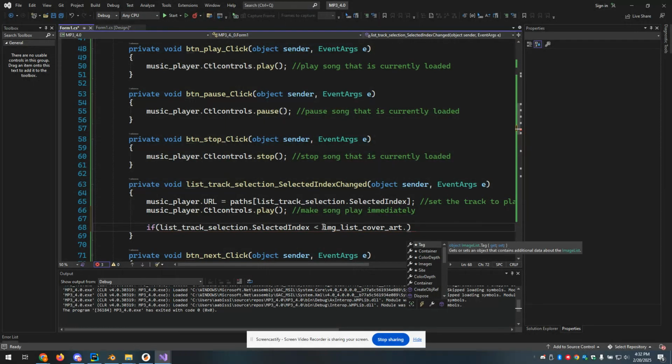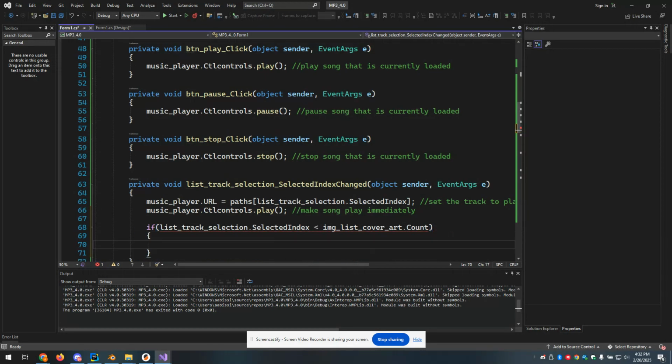List cover art dot count. Oh, sorry, not dot count. It's dot images dot count. My bad. So if the number of images is greater than the list selected index, or as long as we're not trying to go over,